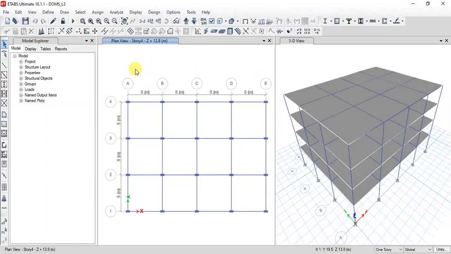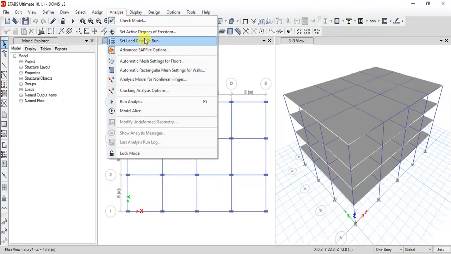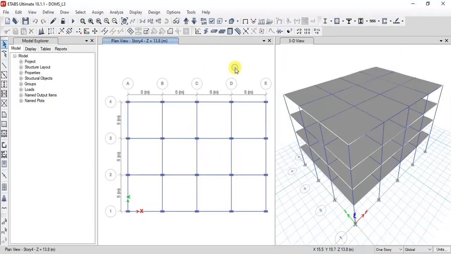In the previous lecture, we have seen how to assign different types of loads on the multi-story structure, and we have also seen how to do the preliminary check and how to do the analysis of a multi-story structure using ETABS.